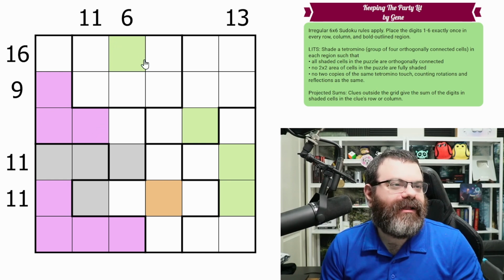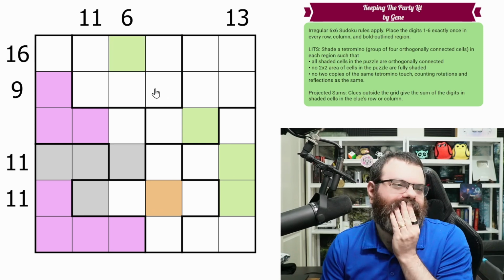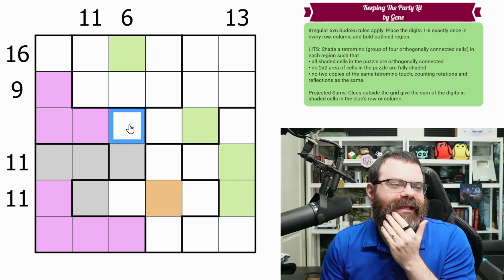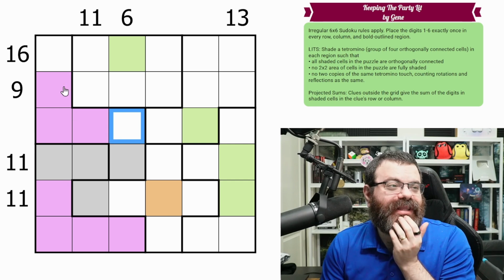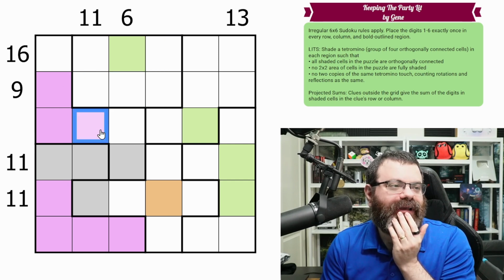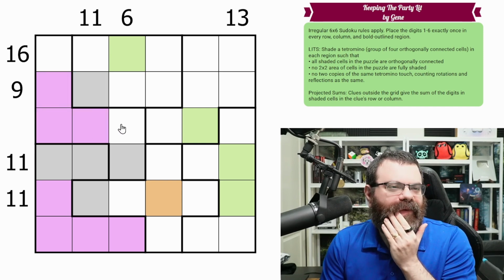So now I don't think we can do an L at all, because we know this is shaded. We'd have an L like this, which touches there. Actually, is this L just possible? It might be. Now I don't have to shade this one. If I didn't shade this one, actually, then we would have to connect somewhere in here. Oh, with this not shaded. Oh, I think that might help quite a bit because this is a 2x2. So we're avoiding this 2x2, and now